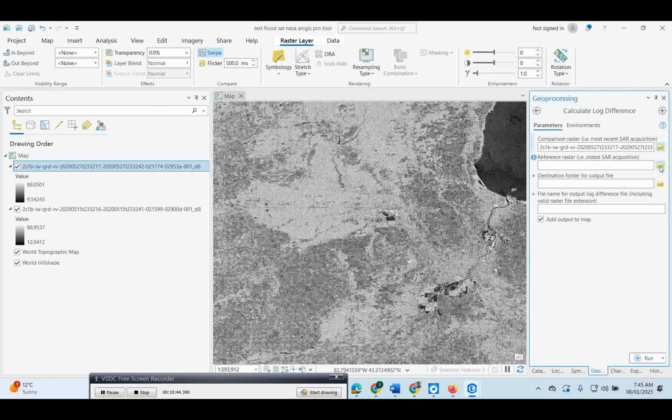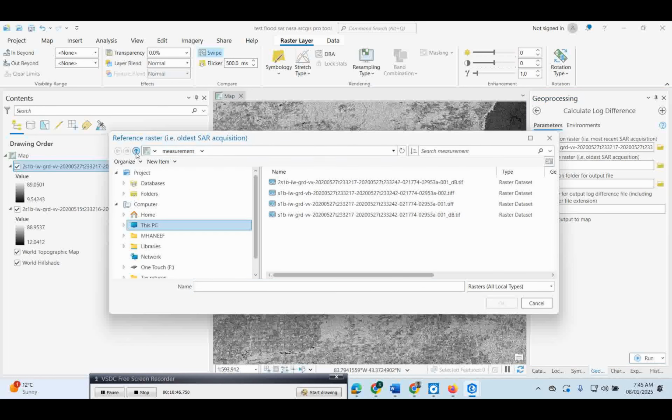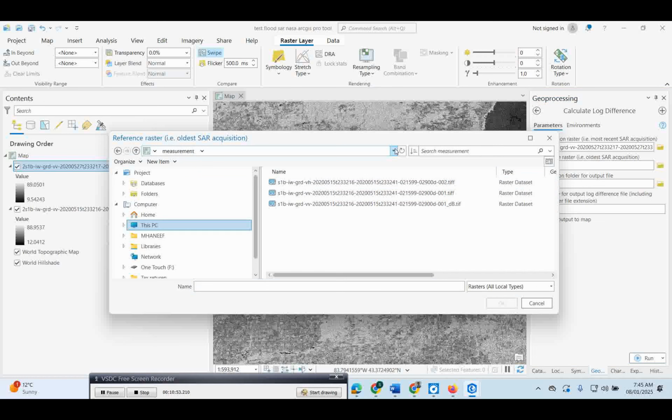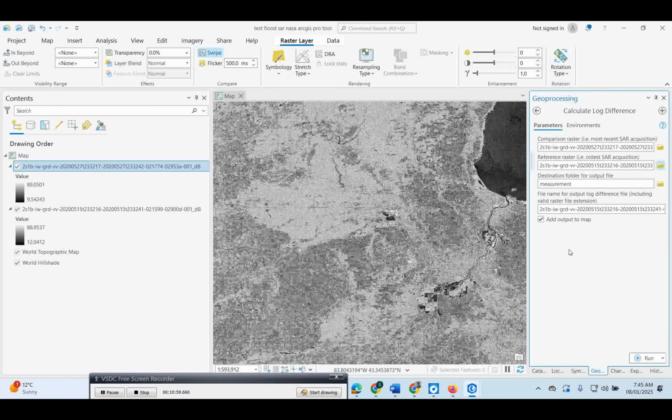Now the reference layer, there's a next layer, meaning the next image, where we need to select the pre-image. If you see here, we just created this one also. So this is the 2. Select it, dB, and simply click on OK. Now this is your final image, which is called a change image, or